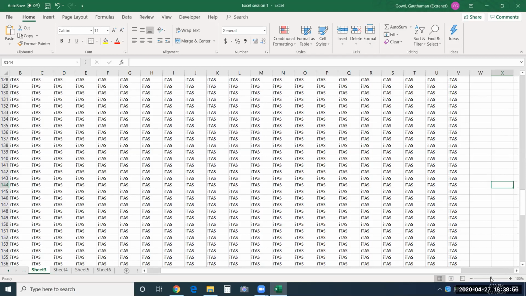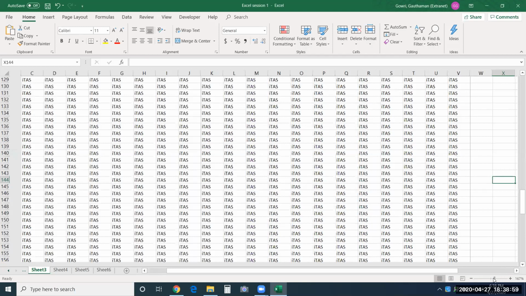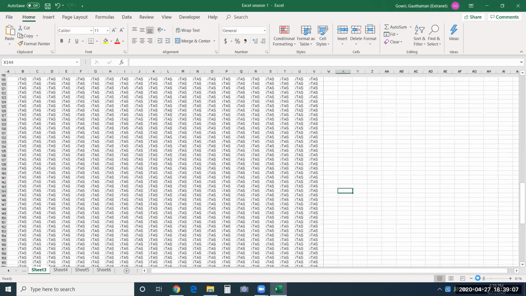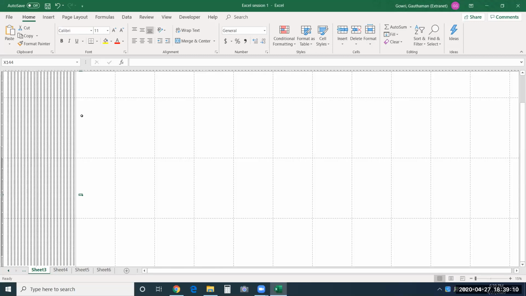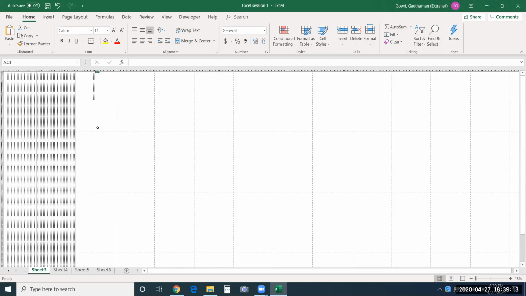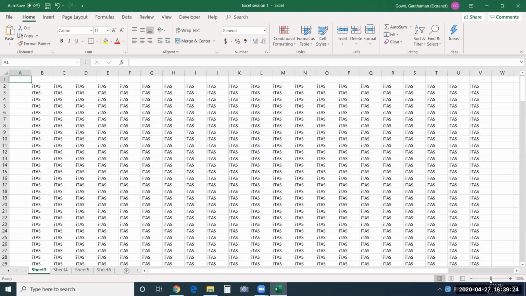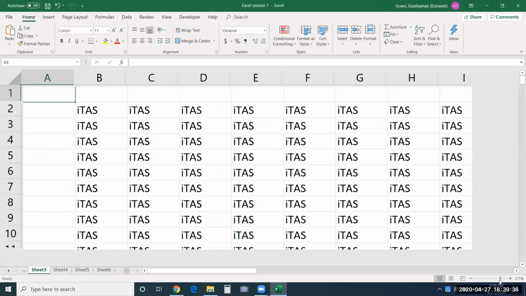So you also have a zoom feature available to us. It lets you zoom your sheet. This zoom feature is helpful when you have to look at all sheets at once. Let's say I'll zoom down. See, it lets me look at all the sheets that I have at once. And also, if you have some shapes or objects or charts that you want to align to an accurate distance, or you want to overlap some shapes and see whether it is perfectly aligned, then the zoom feature will really help us.